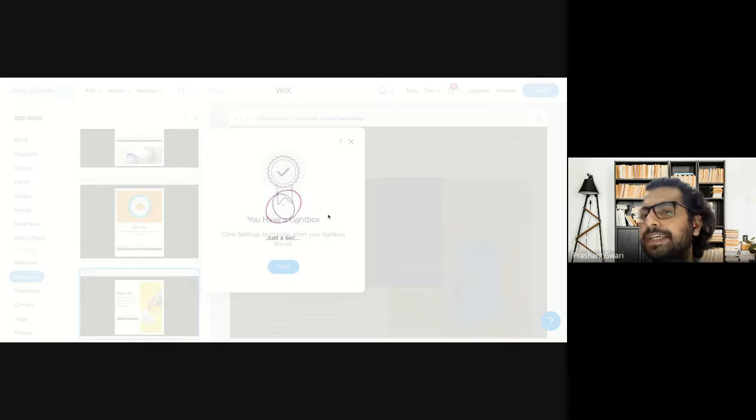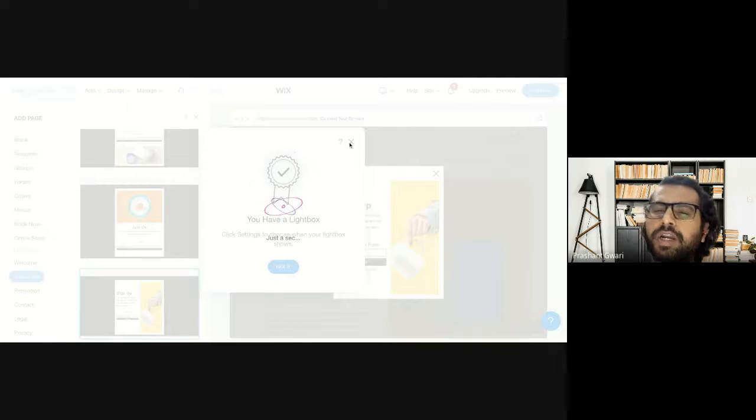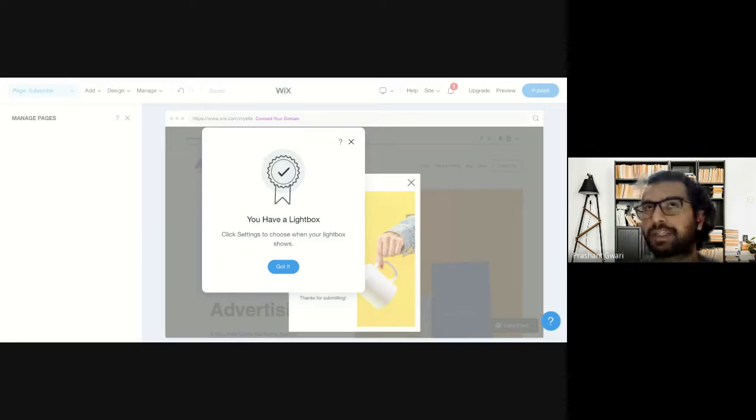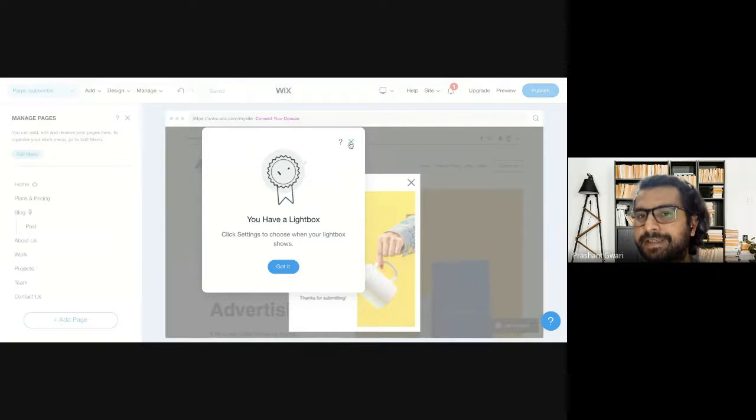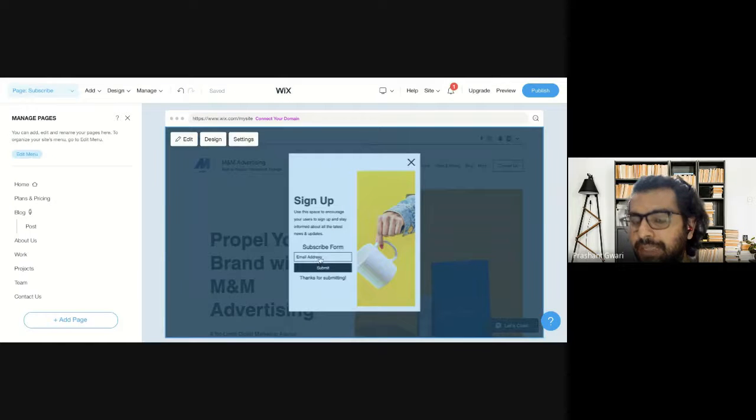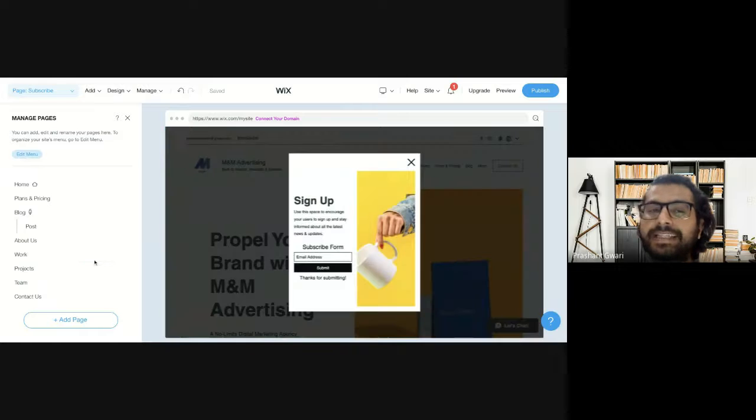Or as an e-commerce website, you can use this kind of light boxes to collect email IDs from your customers by giving them some kind of a discount on some product or free shipping or any freebie you want to give them. And you can create these kind of light boxes to collect email IDs too. So we can do a lot of things from this email ID section, whether to collect email addresses here or send them to a specific page where they can buy a product, or to collect their phone numbers, name and email ID in a contact form for cold calling purposes. So there are lots of options available for you in this lightbox section.